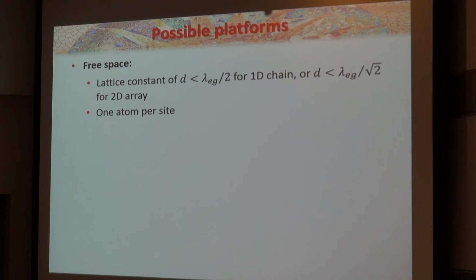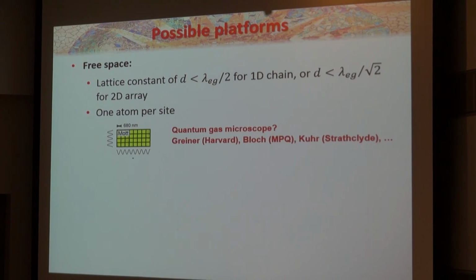Okay, that's what gives you a kind of ordered system, and that's what allows this kind of photonic band structure to take over. So what could you imagine doing? Well, maybe this kind of quantum gas microscope would work. You prepare, for example, a 2D optical lattice in a Mott insulating state. And at least in some region, you have exactly this kind of configuration here.